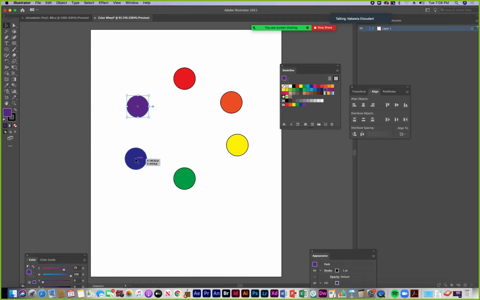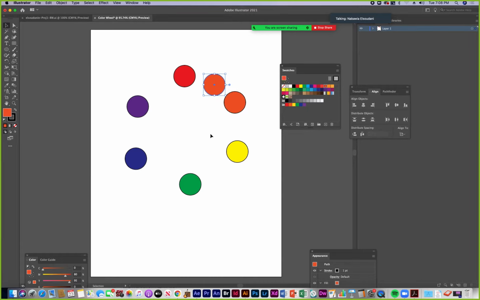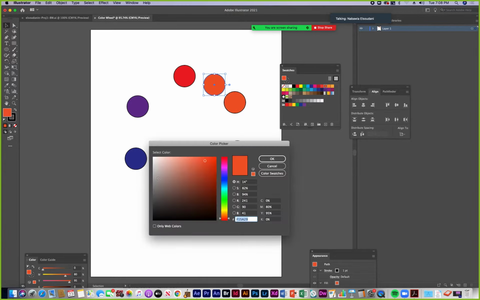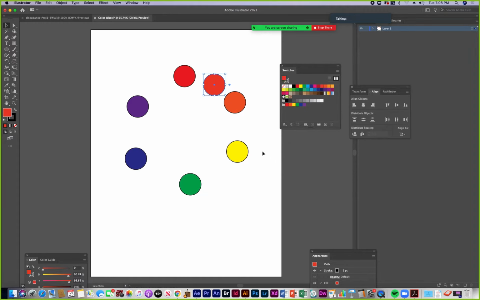So the colors side by side we mix together to get what type of color? Anyone know? It's a fancy word. It starts with a T. The final set of colors that we make to finalize the color wheel are the Tertiary. Tertiary, that's right. So we mix red and orange, and we get in between that, what do we get? Red orange. So I can double click on that and push this color closer to the red. And now I have a color between red and orange.